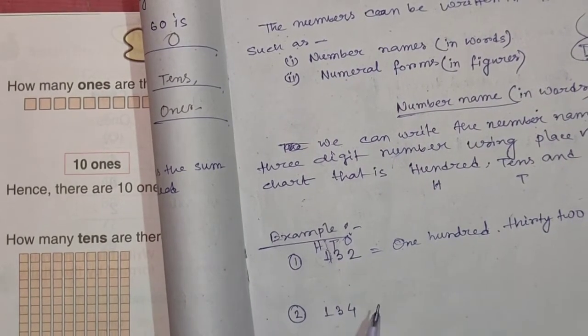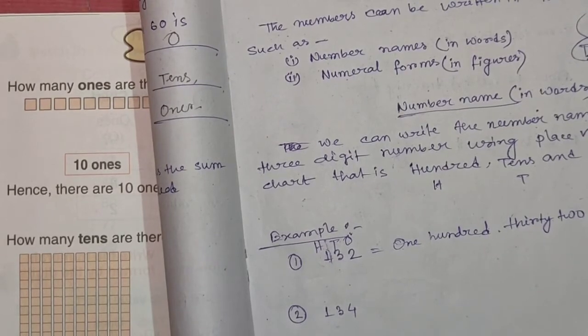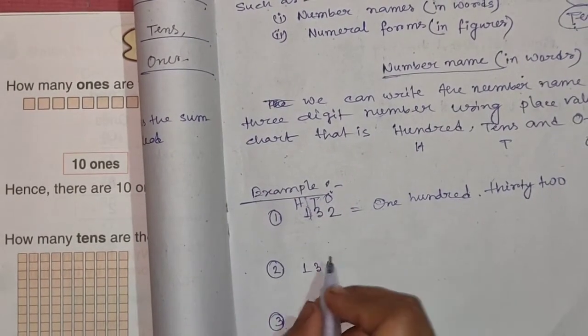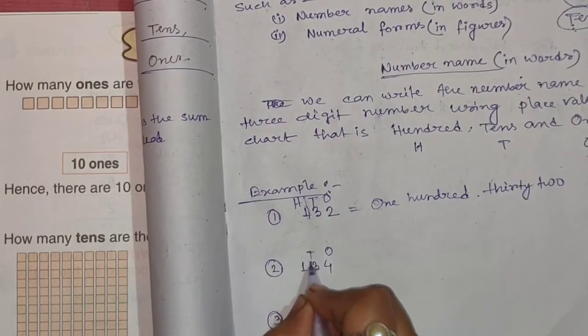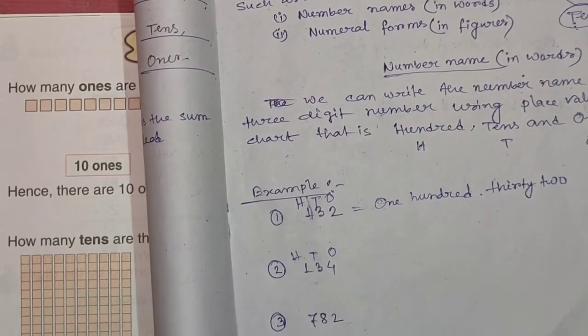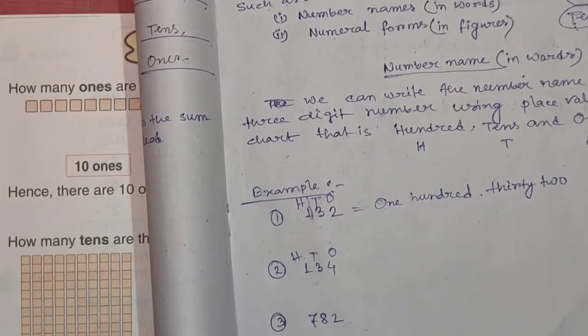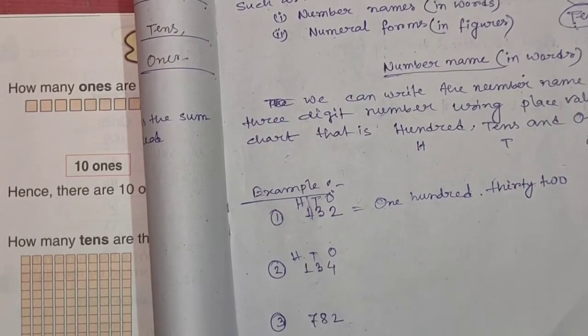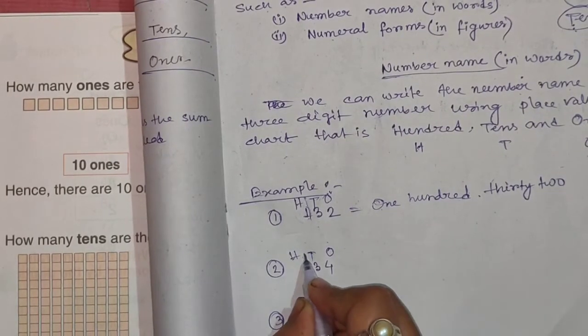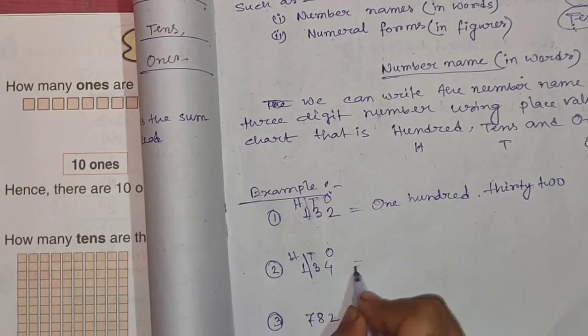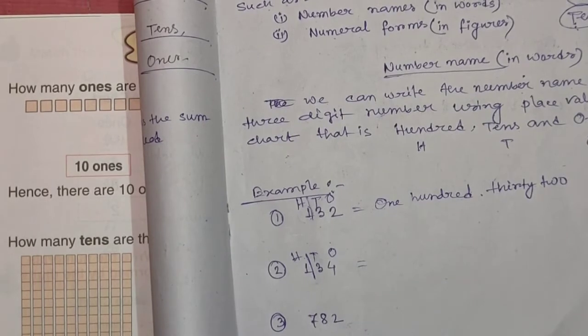Next one, 134. First we will write the place of the digit: ones, tens, hundreds. Then we will break this number into 2 parts. In the first part there are hundreds and in the second part there are tens and ones together. So how can we write this number name? So first we will write this